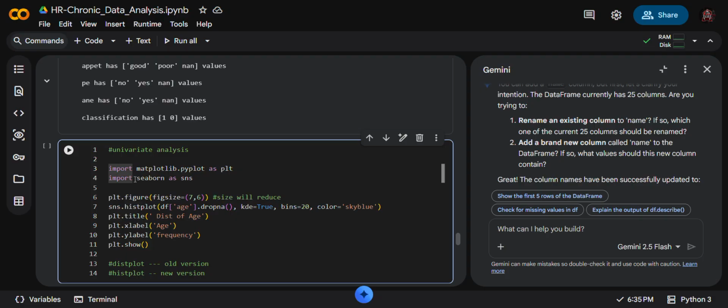We use import because we import libraries: Matplotlib dot pyplot is the library, and plt is the short form. Same as this, import Seaborn as SNS is used for plotting graphs, same as Matplotlib dot pyplot as PLT. This is Seaborn as SNS.